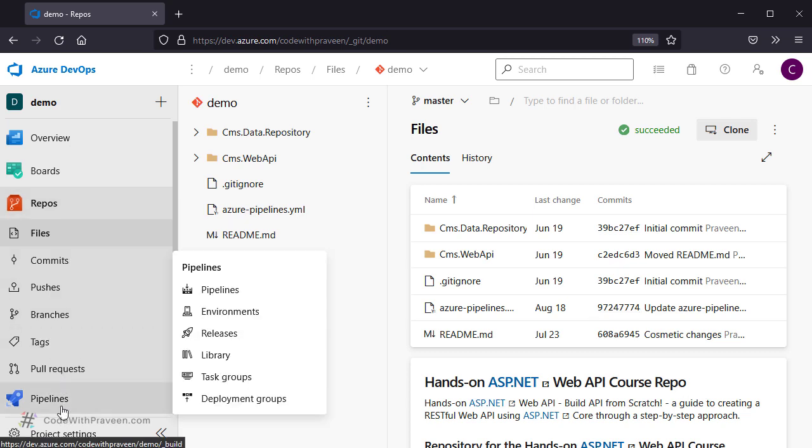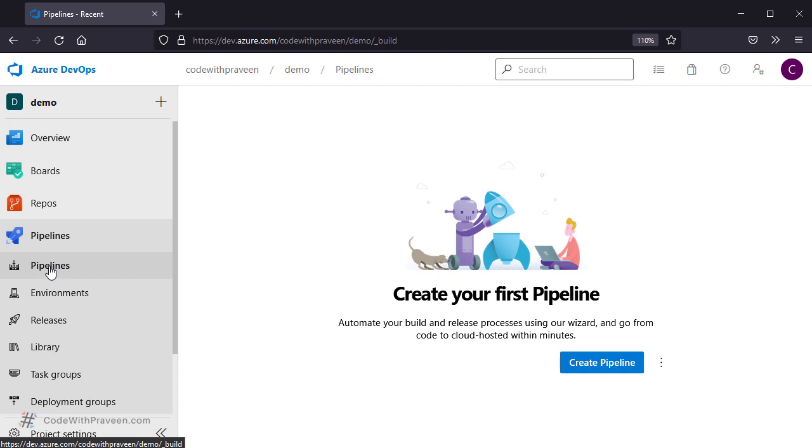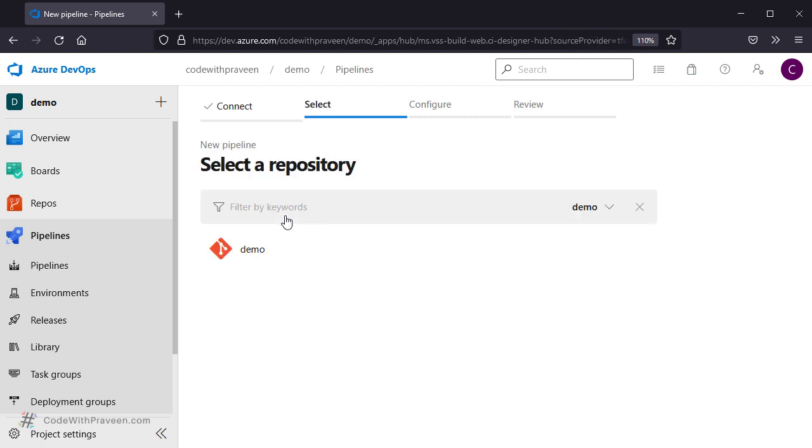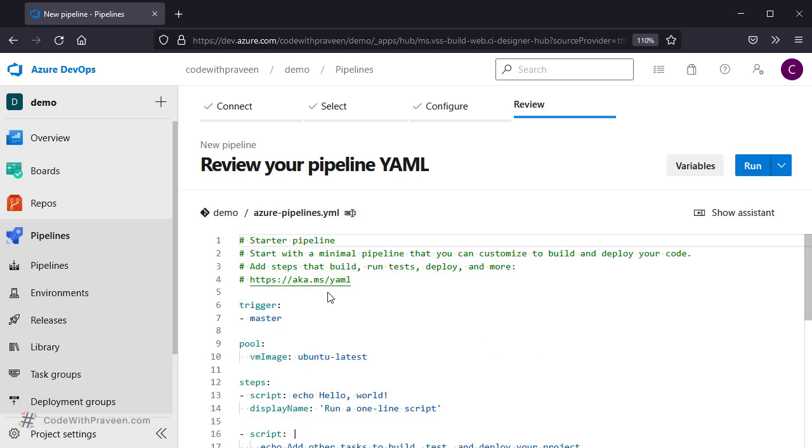Next, let's go to the pipelines and select the option pipelines. Here it's going to show the list of all pipelines that have been created for your current repository. So far, I do not have any pipelines created. Let's go and create one. Since you need to mention where the code is located, in our case, since it is within Azure DevOps, I'm going to use Azure and then pick our current repository.